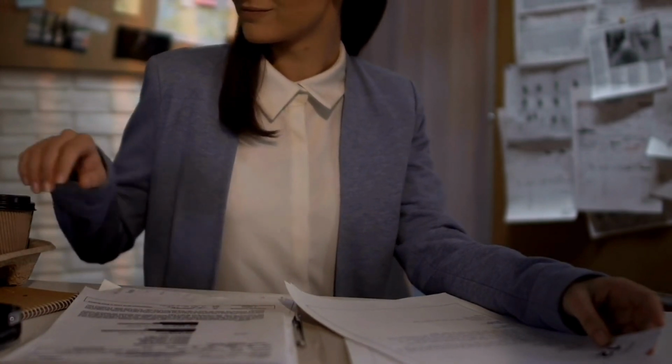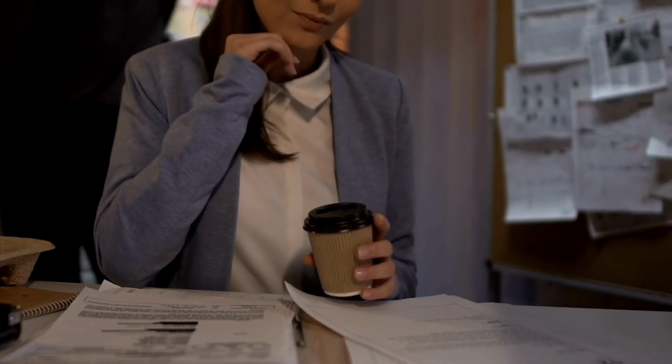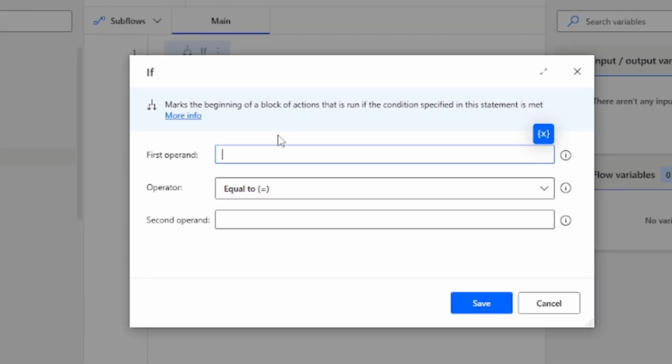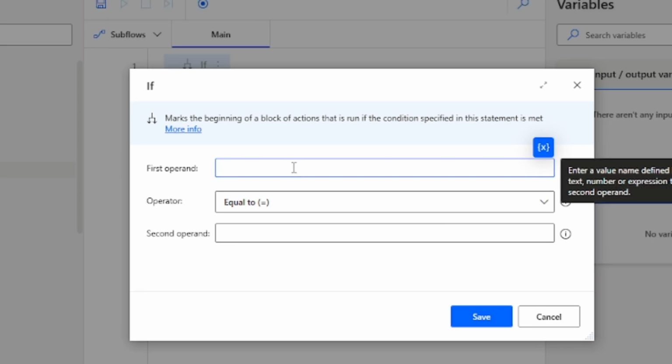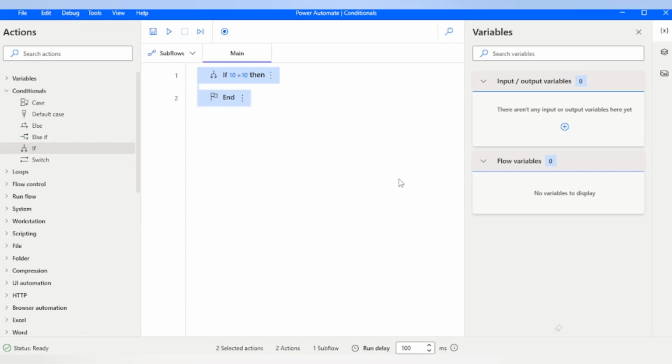So today I'm going to launch desktop flow. I will click on launch app. Under the conditionals category, you will see the action called if. Let's drag and drop it into our flow. And here you need to give the first operand, second operand, and operator. For example, if I want to do some comparison, means if 10 equals to 10. Let me save this, and it will automatically add this and